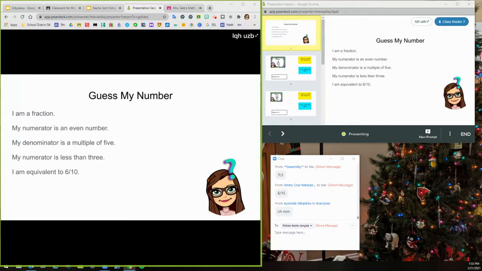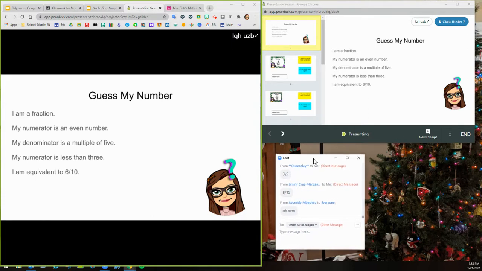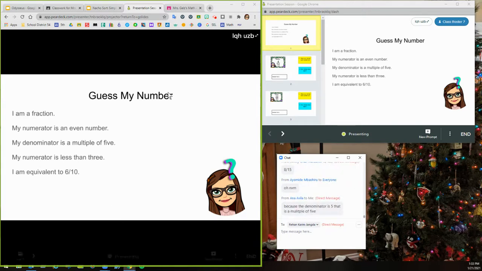Thank you. All right, my friends, I have a little challenge for you as we get started. I have a new guess my number, okay? So for this one, couple clues for you, and feel free to be chatting to me as we get started. I am going to look for somebody to explain what they're thinking. So it says,